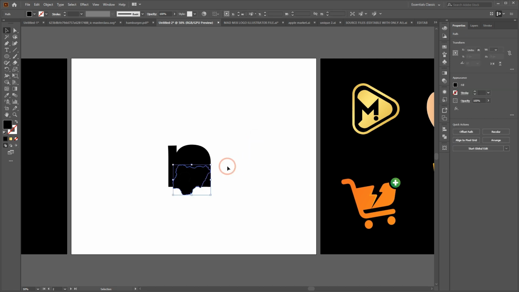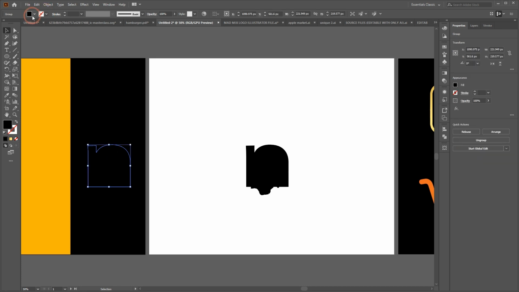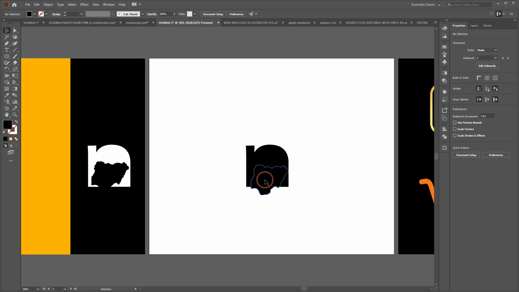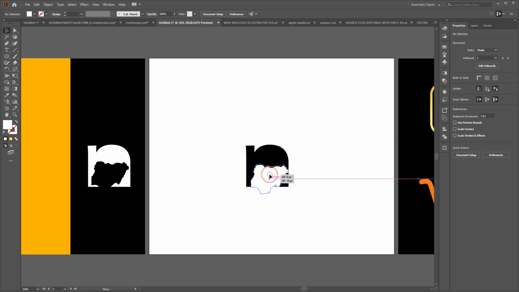So now we select on this, we must choose the same color as the background. Now for instance, we place this negative space element here, and we are going to come to this. Now we are going to make this color, since we are working on a black background, we're going to make the base background white, then the main icon can remain black. This is the negative space here, but in this case we are going to make this one white and the main color remain black. So which means